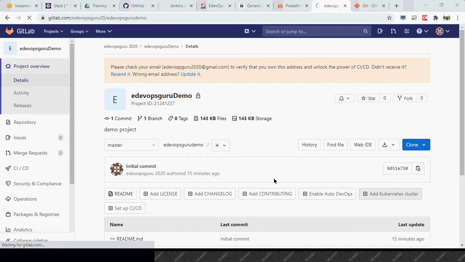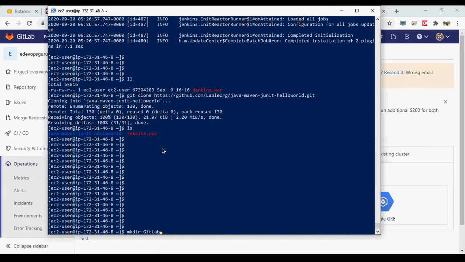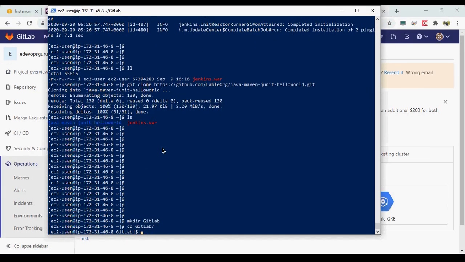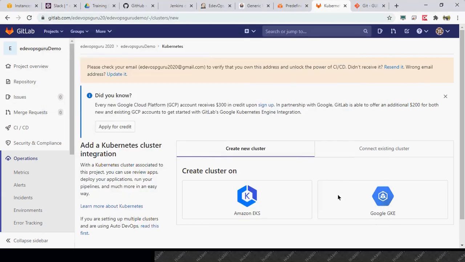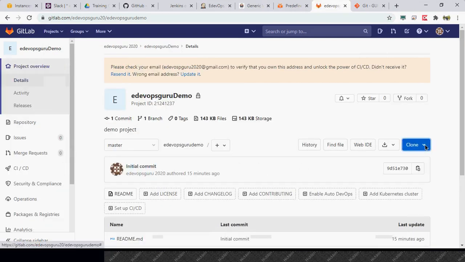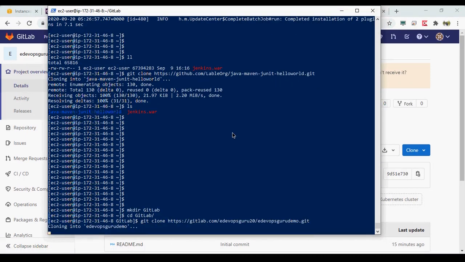So here you create a GitLab folder, go to GitLab, git clone, overview, copy the path, DevOps guru.